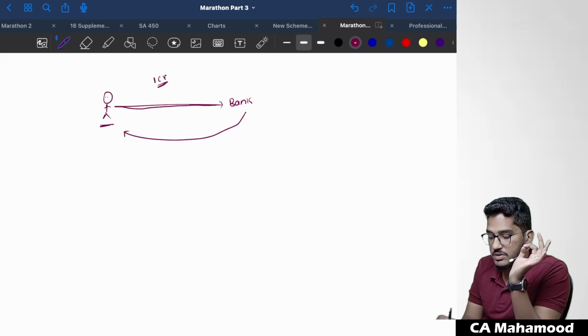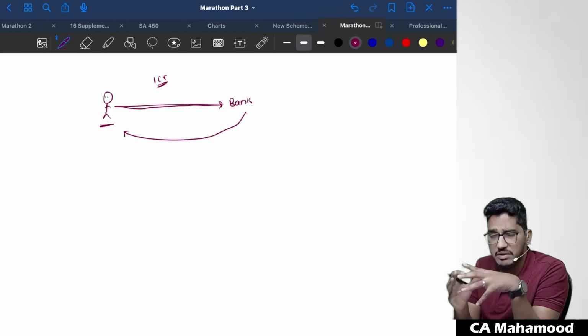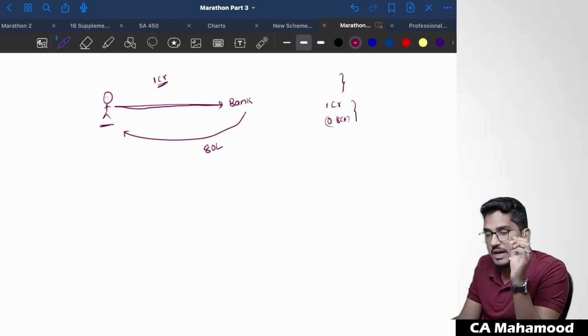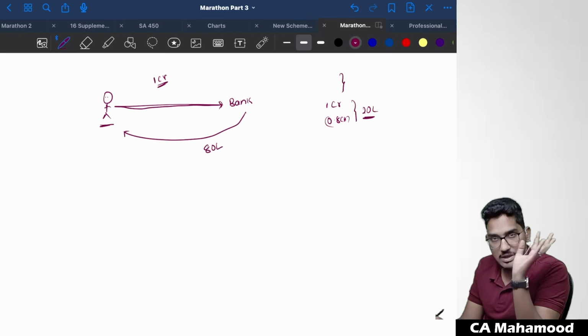Assume that you have given 1 crore worth of property as a security and the bank is giving you only 80 lakh rupees. So the value of the security should always be higher than the amount of loan given. The difference we call margin. The excess of the value of the security over the loan amount, that we call margin. So in the given case, the value of the security is 1 crore, whereas the amount of loan given is 0.8 crore. So the excess is 20 lakh rupees. This 20 lakh rupees, we call it margin. Banks always keep that margin.